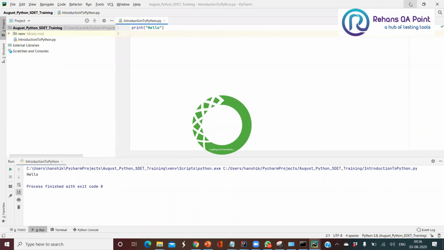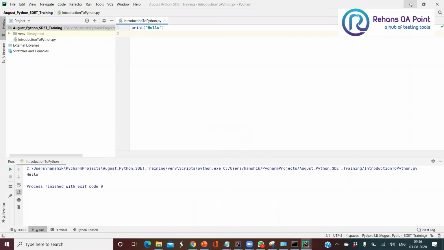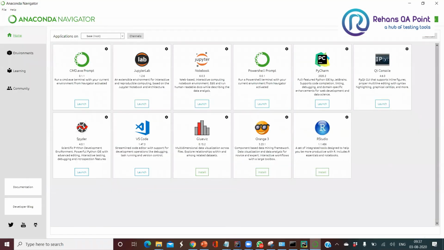So once your Anaconda is completed, it will open like a browser with a set of IDEs on the screen. Now see here, we have multiple editors available in place. Each and every editor is going to have a unique representation, guys.